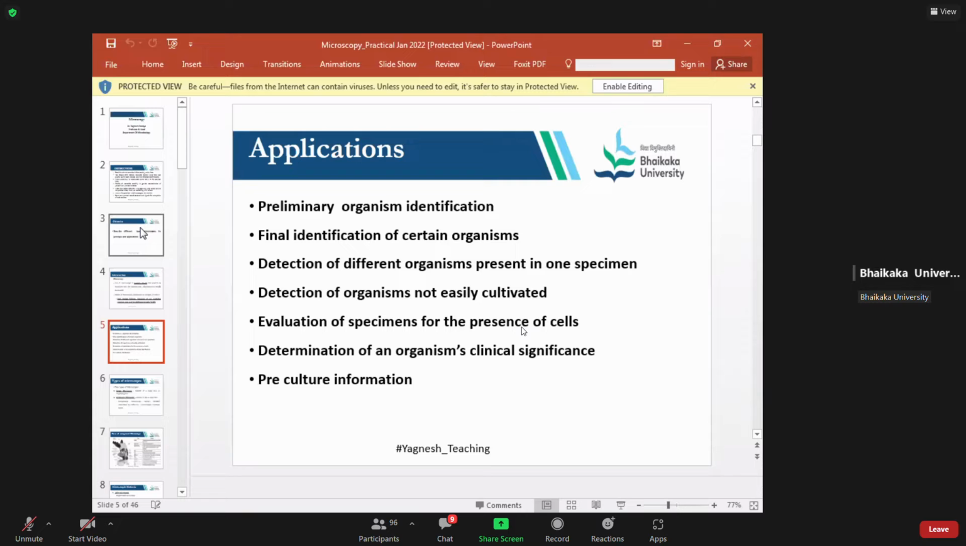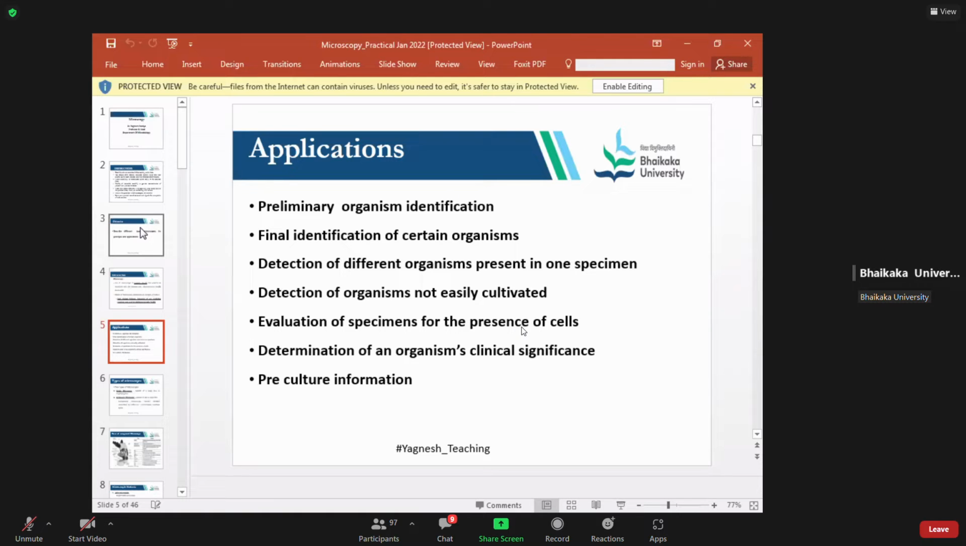Then you run a few tests and identify them further. Then the third use is detection of different organisms present in one specimen. Say, for example, a specimen of urine or stool or blood comes to the laboratory. So we just see whether organisms are present in the specimen or not. Detection of organisms not easily cultivated. I give an example of Mycobacterium leprae, which is not cultivable